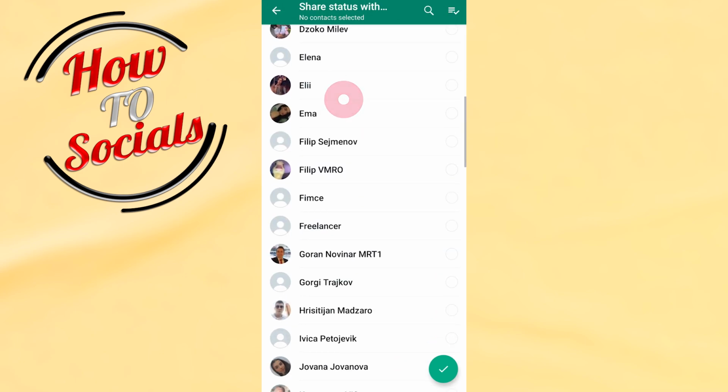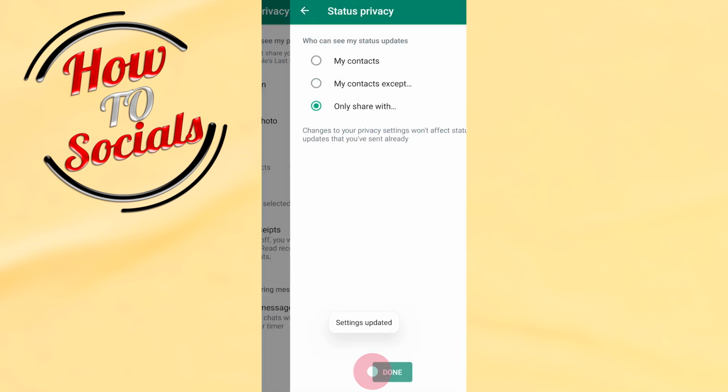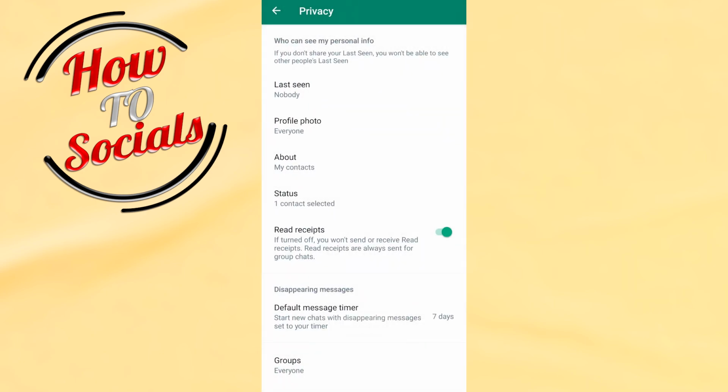For example, I will go with this one, I will go on the tick and I will go done, and now with this we're going to get it to this